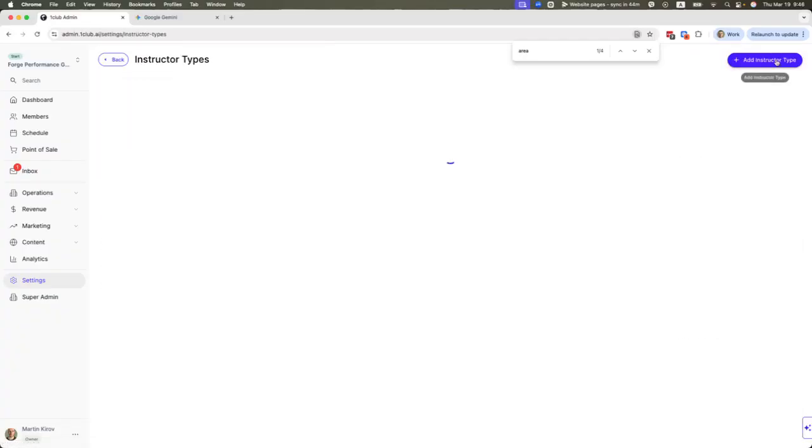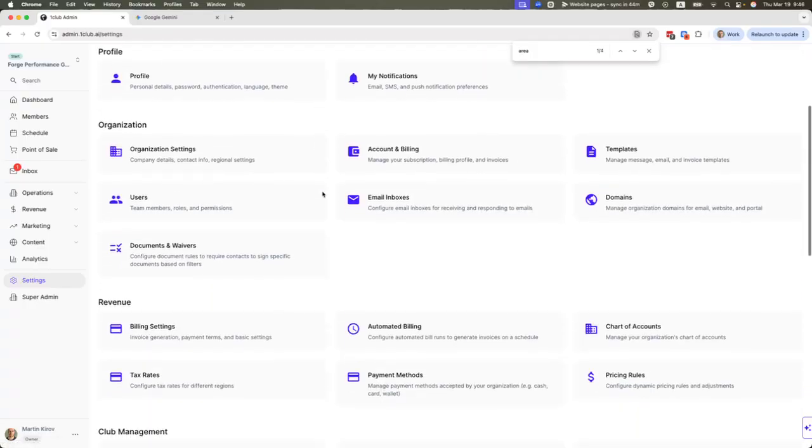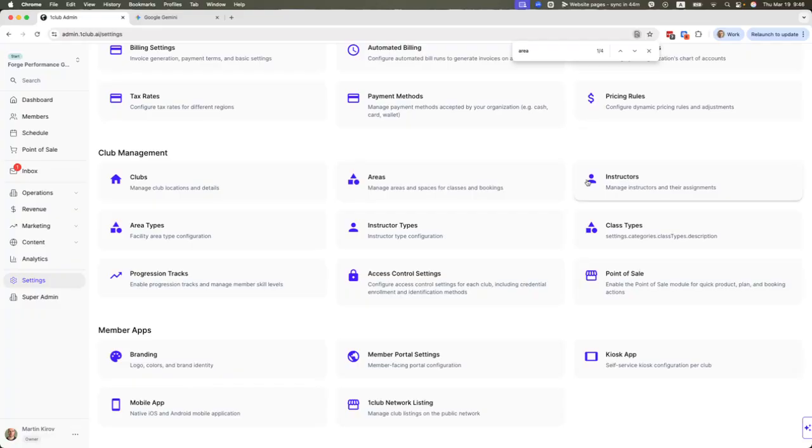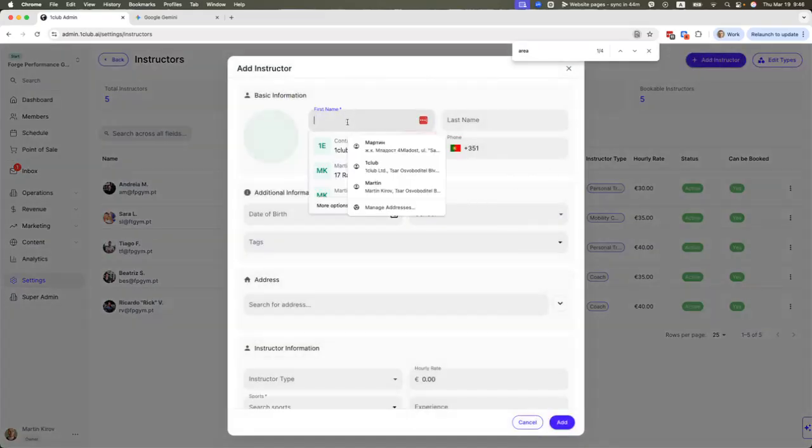Here we can manage different instructor types. So I have coach, mobility coach, personal trainer. You can add different instructor types, which you can later assign to instructors. So we'll go to instructors and create a new one. I have a few people on my staff here. So just go and create, add instructor, give her name,